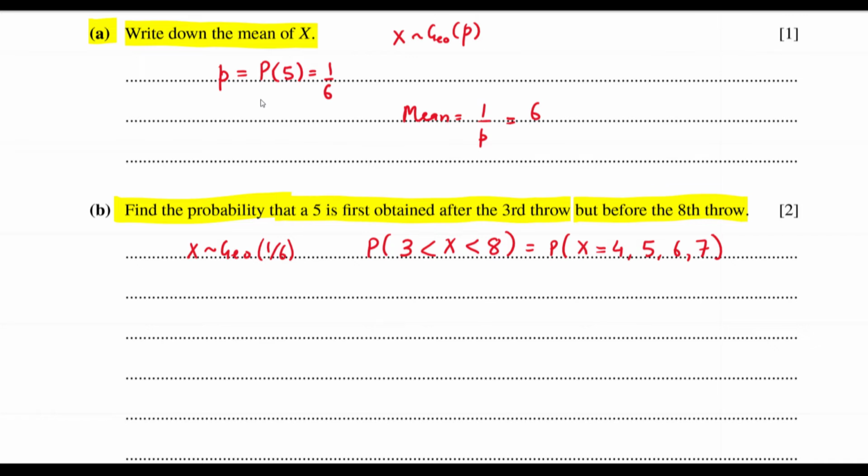In the geometric distribution, to get the first 5 on the 4th throw, it means the first 3 throws were not 5. Not 5 means 5/6, so the first 3 throws not being 5 means power 3, and the 4th throw is a 5, that is 1/6. Similarly,